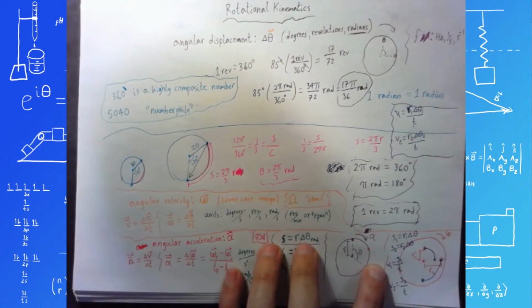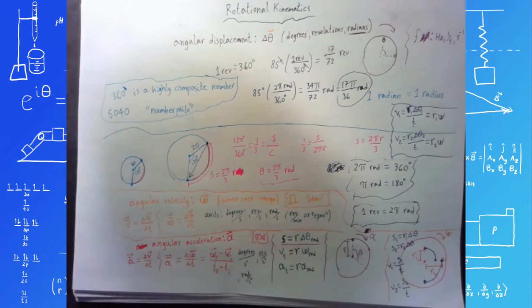Delta theta 1 over time and delta theta 2 over time both have the same delta theta. And delta theta over time is just going to be your constant angular velocity here. So we get R1 and R2 times delta theta over t, which is omega. And there you go. So now we've proven it for velocity,